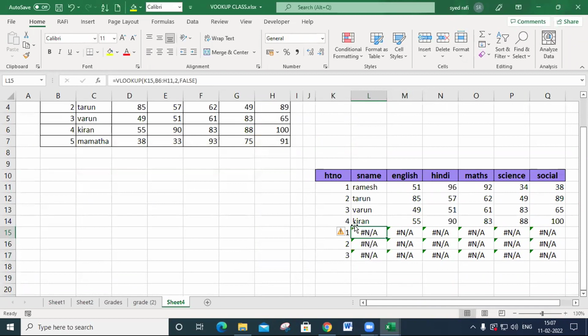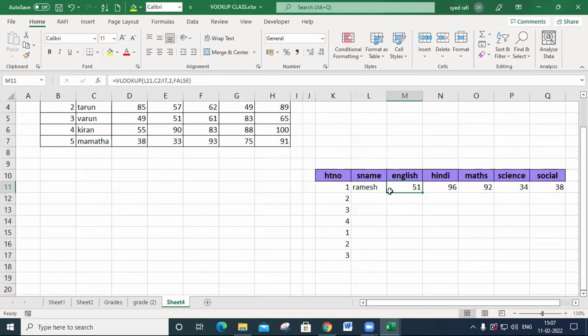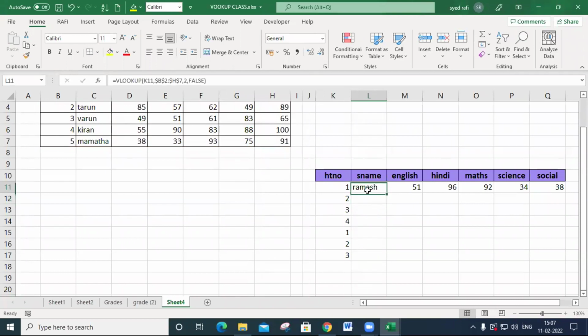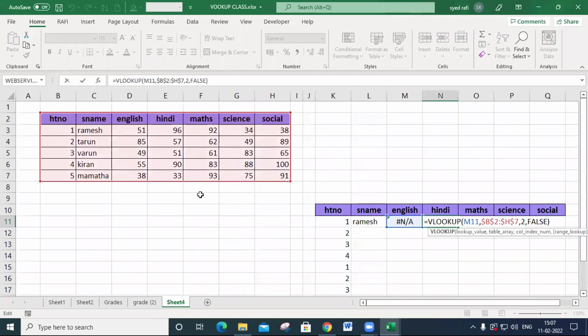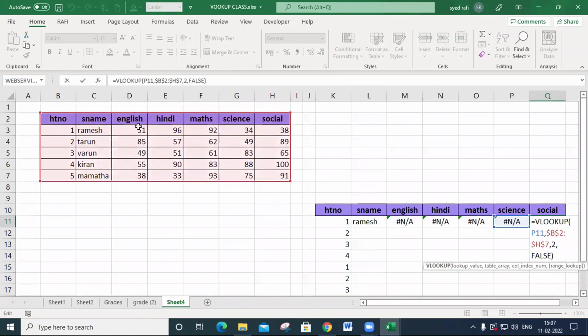It is totally wrong. You can't do like this. Each and every time, the data source is shifted to the right side. The data source can't be changed. That's why you must put this one as an absolute reference and drag like this. What happened? The data source can't be changed.